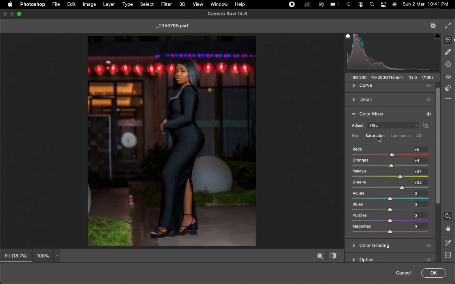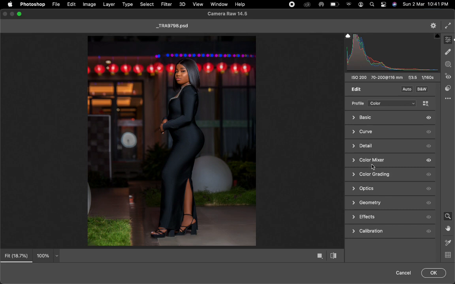So after I'm done with the saturation, I'll now get to the hue. So I'll now click on the hue, then I'll take this orange to minus 5. So once I'm done with this, I'll not touch any other thing, then I'm okay. So I'll now get to the effect and I'll now take this light to